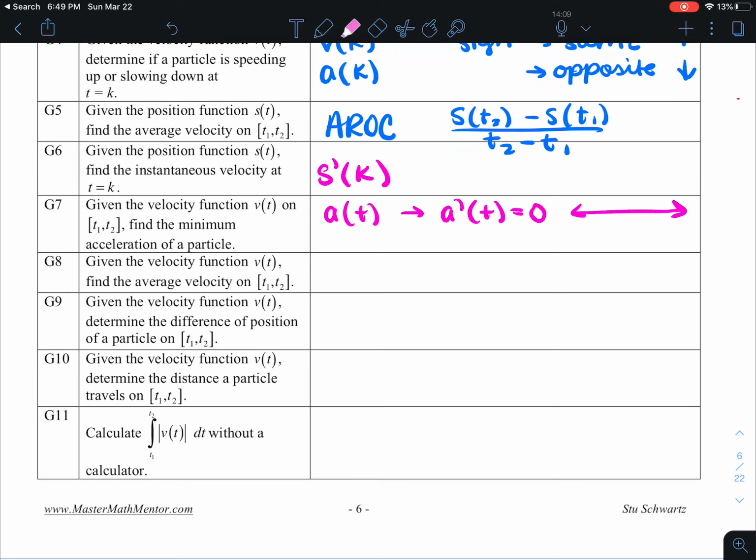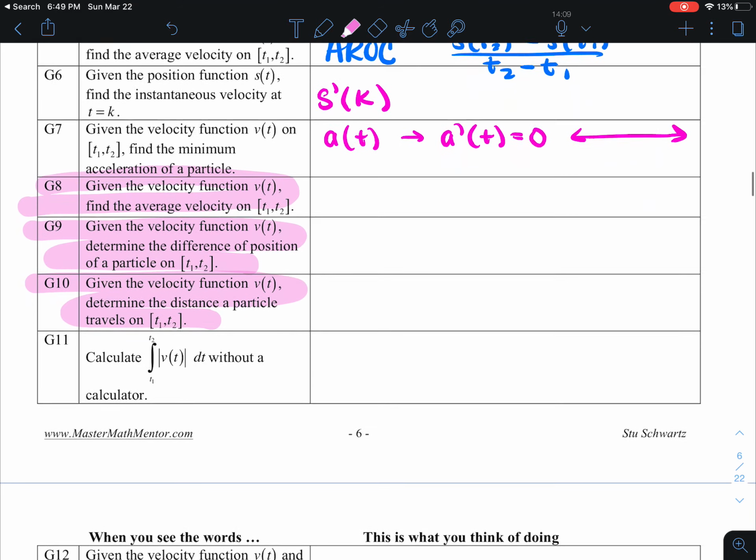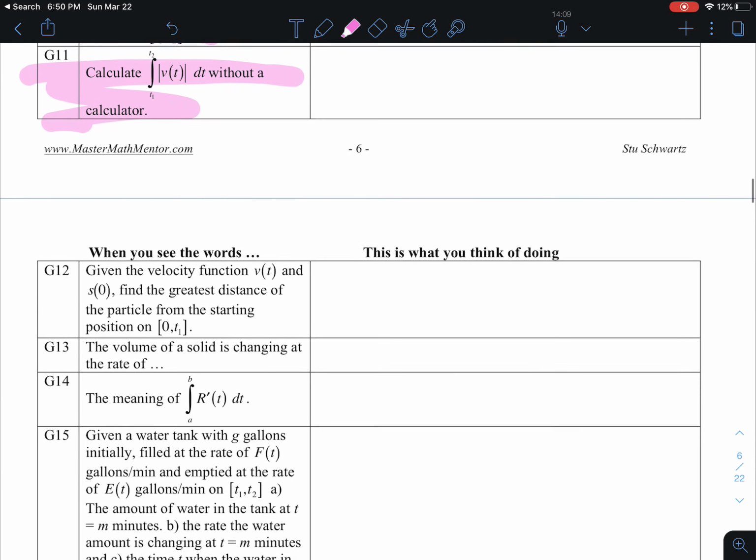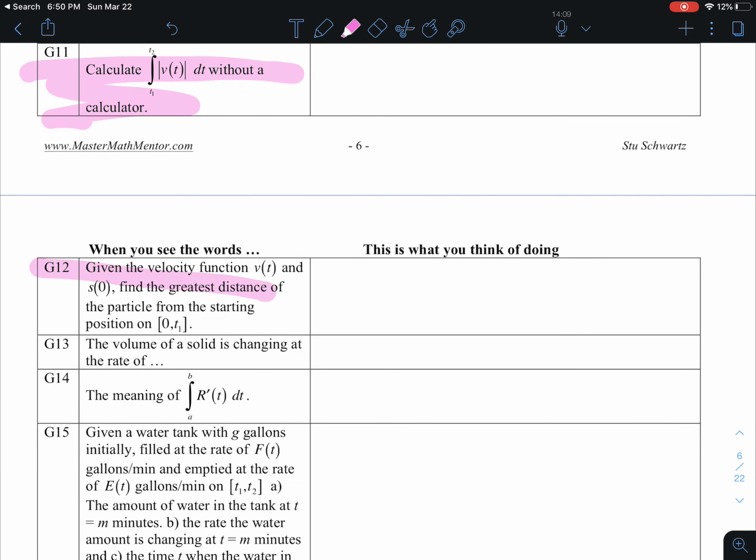G8 is no longer tested. Given the velocity, find the average velocity. We would have used that average value theorem. I also think G9, which is displacement, will no longer be tested. And G10, given the velocity, determine the distance traveled. Again, I think that will be out, they are part of Unit 8. G11, calculating those without, again, no longer tested. I've been saying that for every one of these. Yep. G12,